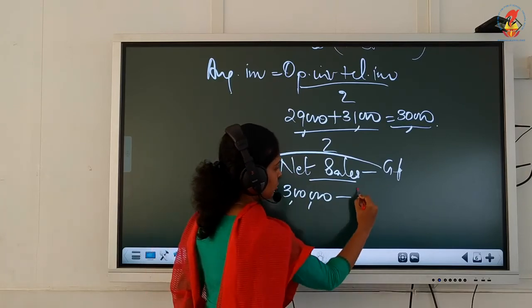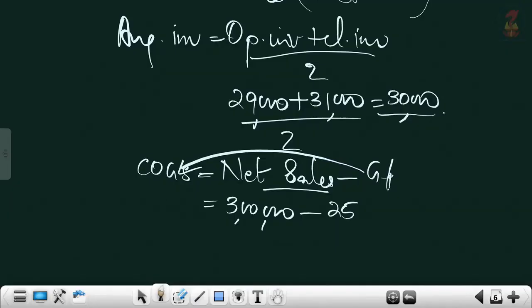So what you have to do is, this cost value is missing, so assume it as X, or directly you can write COGS itself. 25% of X you have to do. That is the difference in this question. Don't do 25% on 3 lakhs. That is sales value. Here the question says that you have to do 25% on your cost.